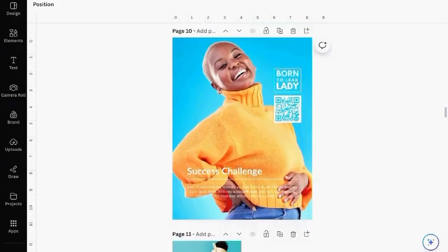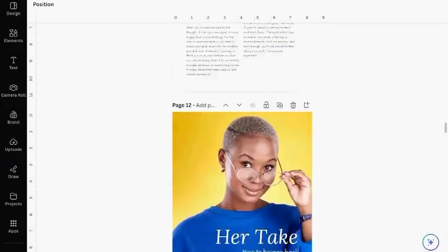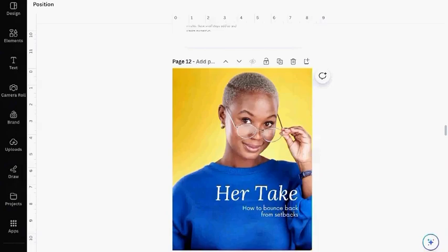Let's go to another one. We already talked about this page. This is another simple 1-page article. Here's one that I love. It's called Her Take. Now, I don't know if you've ever seen this in a magazine or,